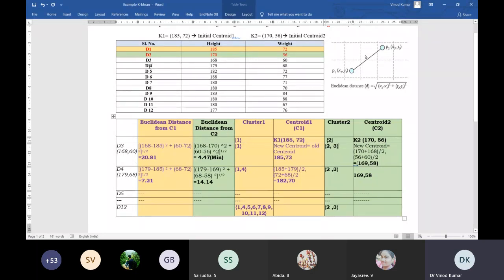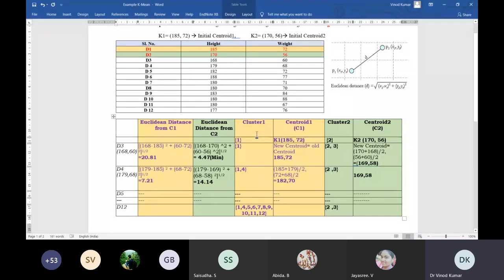Now come to the next object, D4, which has the value for height 179 and 68. You can see here. Again, I have to compute the distance from each centroid for this D4. So for C1, my centroid is the same.